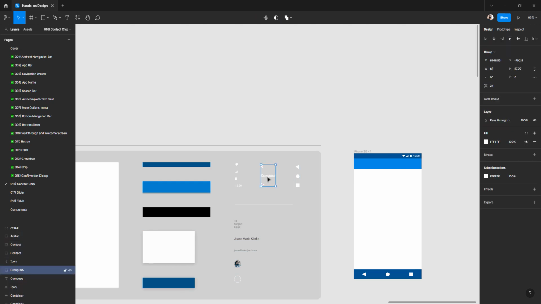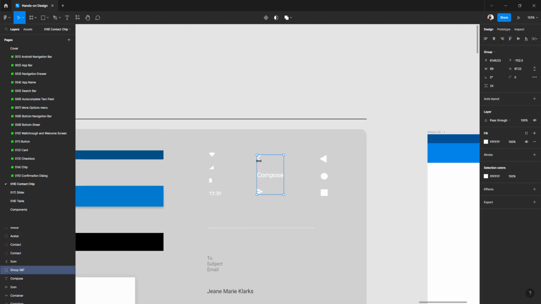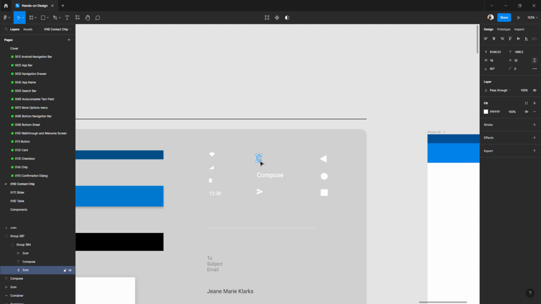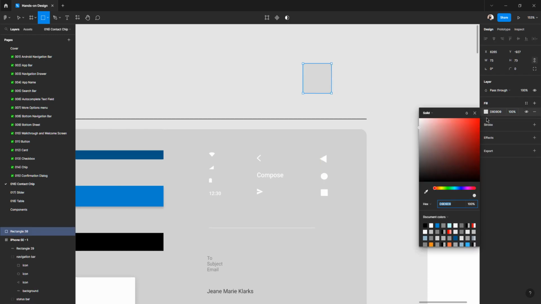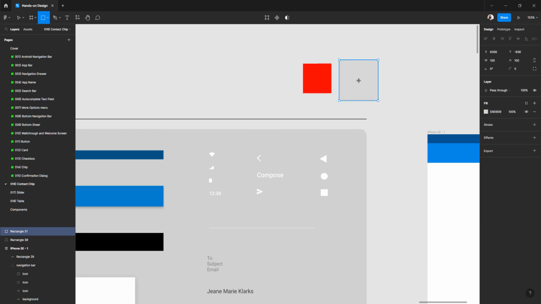Cool. So what I need, I have this one here. I showed you before how to make icons. Let's suppose that I want to have some icon just to refresh. Press R, draw some shape like this, no matter the color. That might be red, for instance. Okay. Then we will